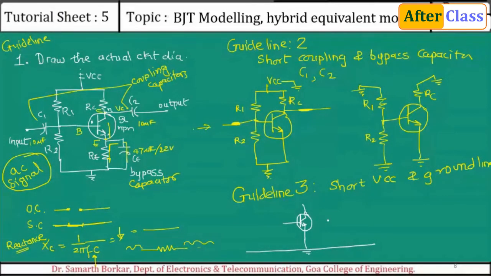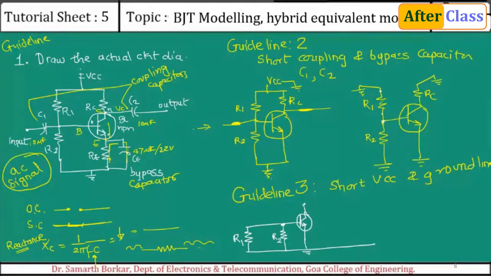Draw the ground here. Now you see this R2, one end is connected to the base, the second end is connected to the ground. And this is as it is. Now see, what about R1? R1, one end is connected to the base, that is R2. The second end is connected to the ground. So let me flip this down. And now here's your R1. There are two ends to this resistor. One end goes to the meeting point of R2 and base. This is that same point. And the other end of the R1 is connected to ground.